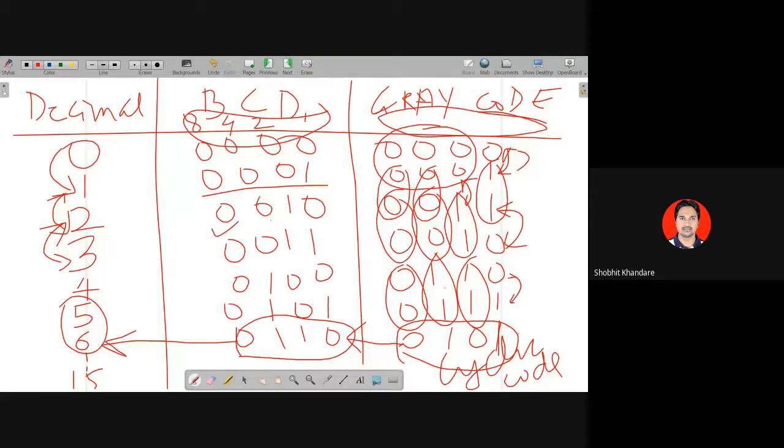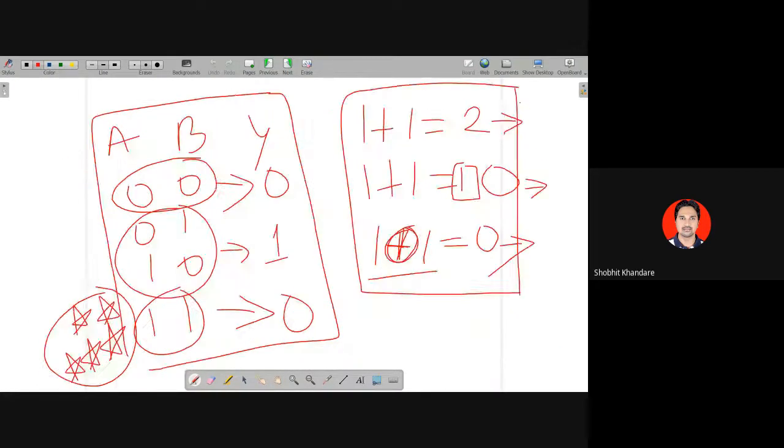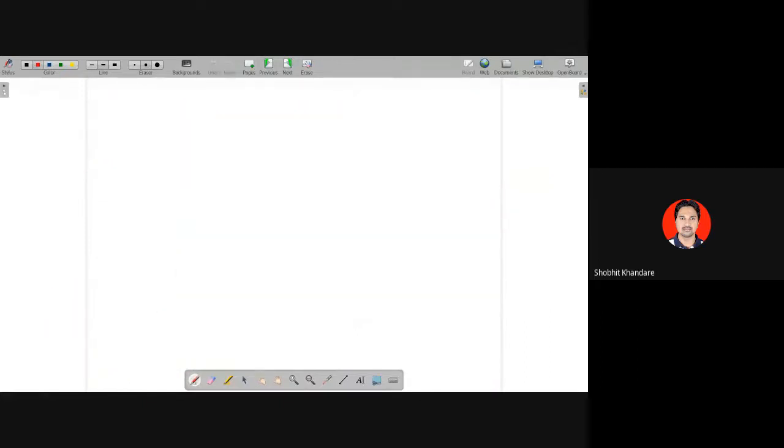ओके. नाउ ये सब होने के बाद अभी हमारा एक ही काम बाकी है. हाउ डू यू गेट ग्रे कोड टू बाइनरी कोड और बीसीडी कोड? ये जो एरो बना है नीचे पीछे जाने वाला, ये हम देखेंगे. अब तक हमने ये एरो वाला देखा है, अभी हम देखेंगे ग्रे कोड टू बाइनरी कोड. So here also same thing. You have to have a graphical representation and then you have to use the XOR operation.